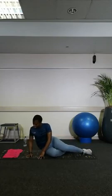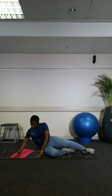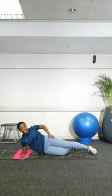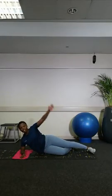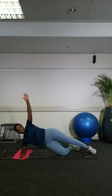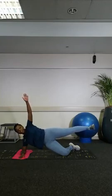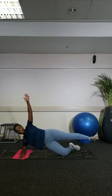To our last exercise in this block, we're going to that side plank. Bottom leg bent, top leg straight, hips nicely stacked, elbow underneath my shoulder. Lift the hand out and lift. Squeeze the obliques. Lift the leg and let's count. 10 each side. 1. Try not to touch the ground with that leg. Just hover it over. 3,